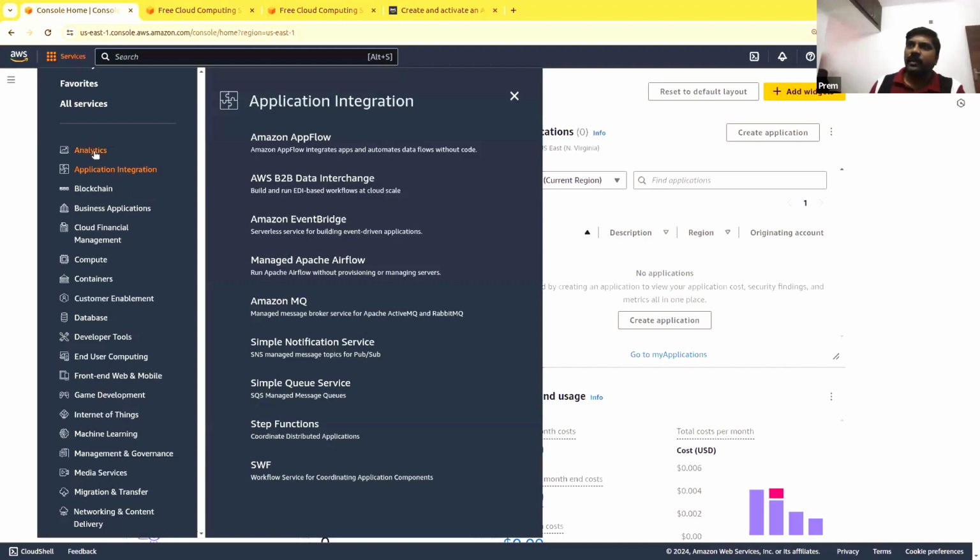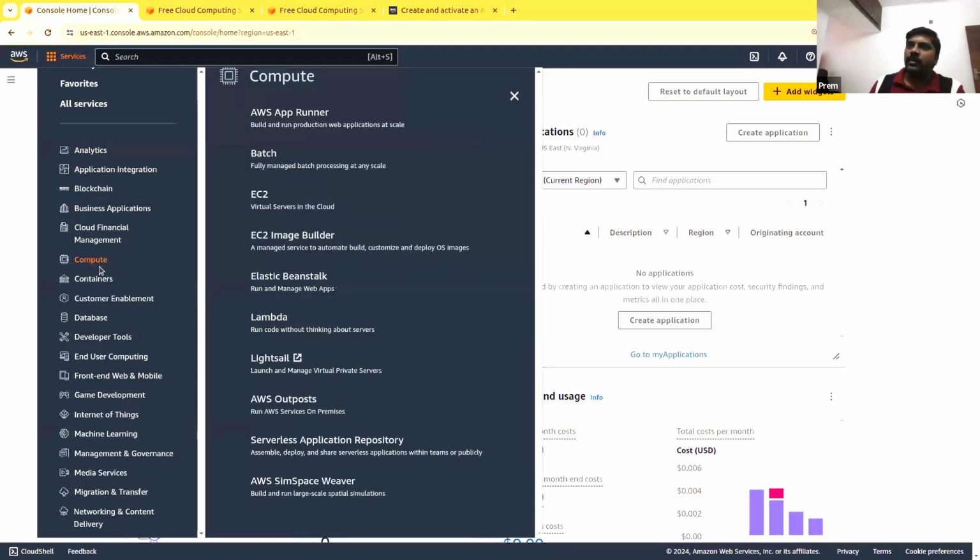For example, if you take compute, it is the core, right? Compute means anything that you use for your processing. So the main thing is servers. We were talking about servers, right? In the AWS world, servers are called EC2 instances. EC2 means Elastic Compute Cloud, I believe. Those are the virtual servers you will be using. So this is the core thing in compute.